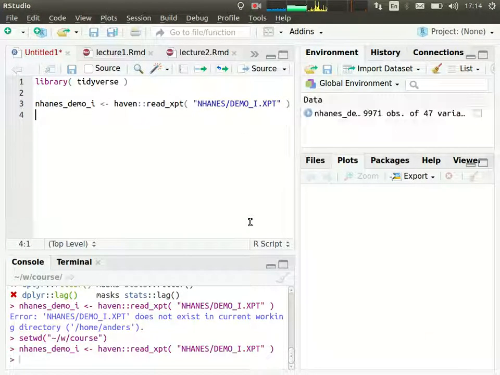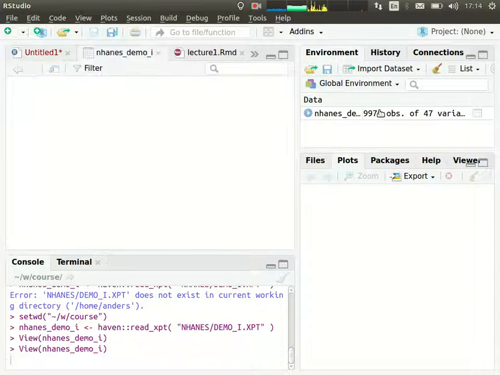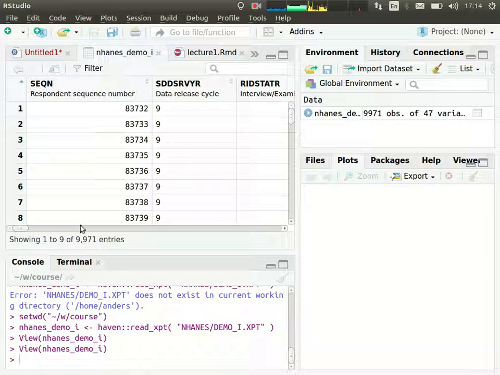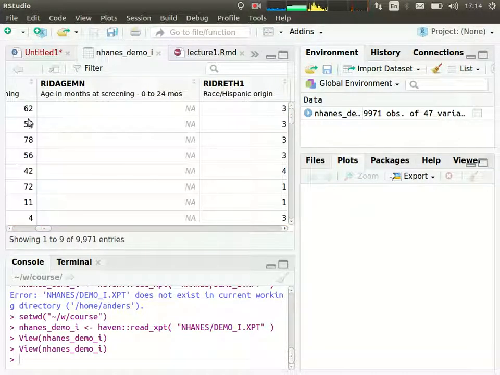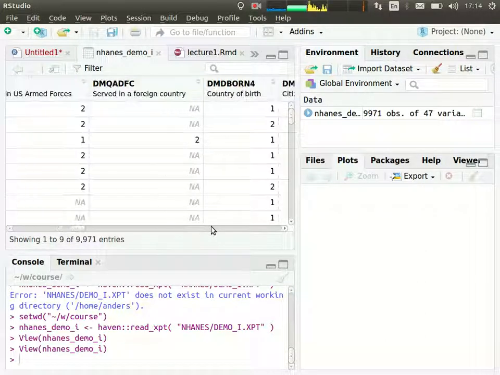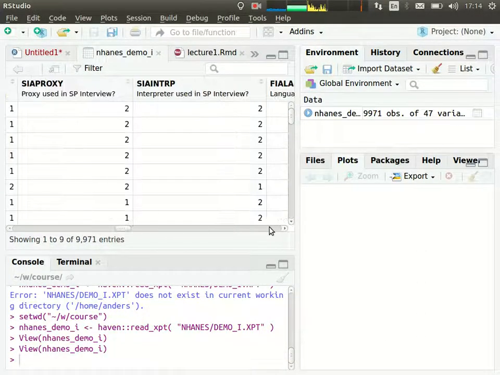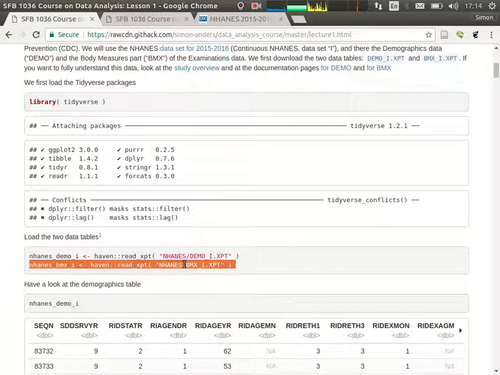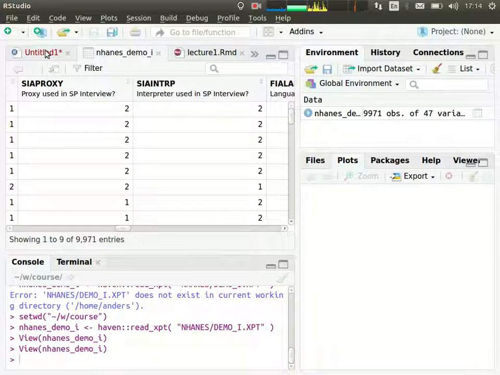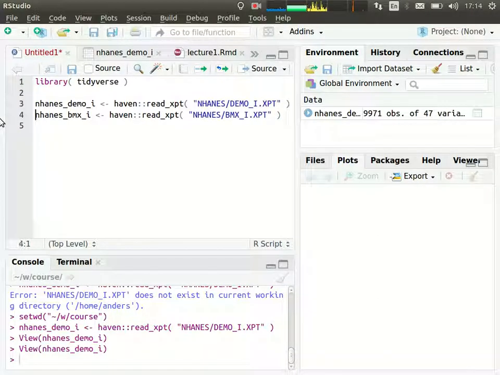What we do here is simply load the data table, this data table demographics I. And now I can look into it and see what it looks like. There is lots of stuff like a sequence number, the age of the participants, the birth, the country of birth, and so on. I load the other table that I wanted to see, this one here. And again,